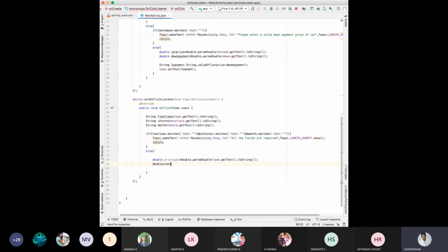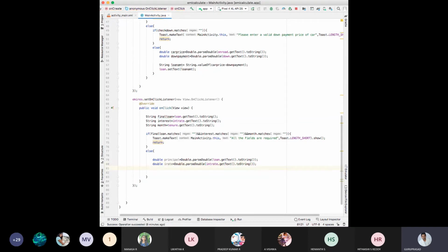Next, double interest rate. I'll just say interest rate is equal to double dot parse double, interest rate dot get text to string, semicolon.